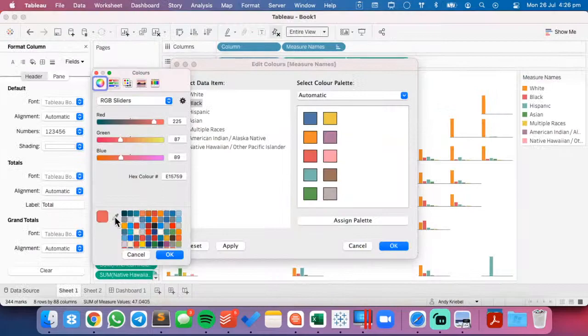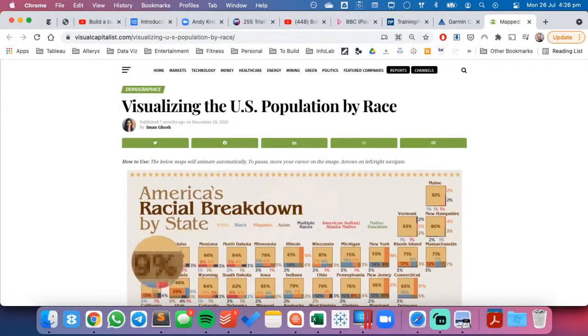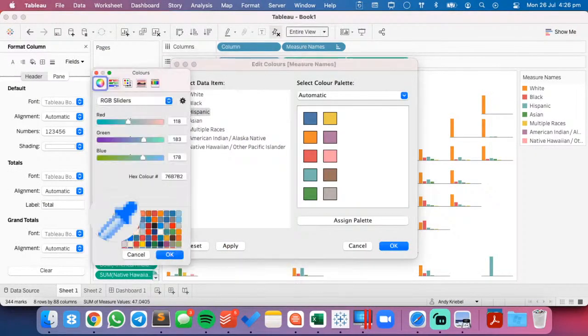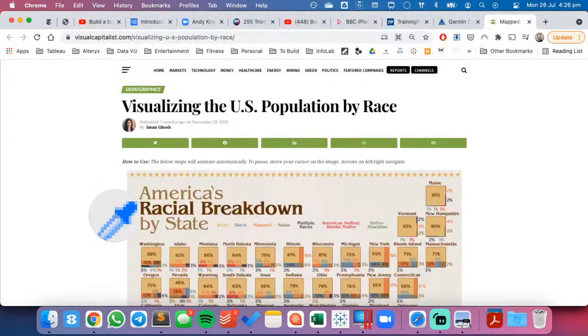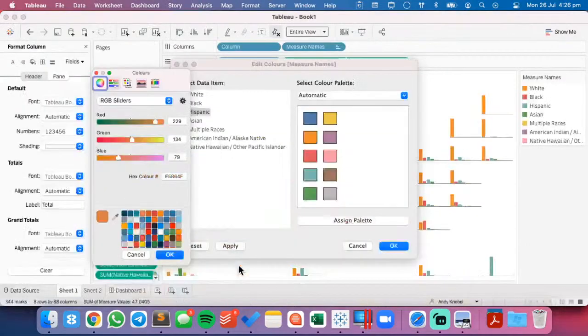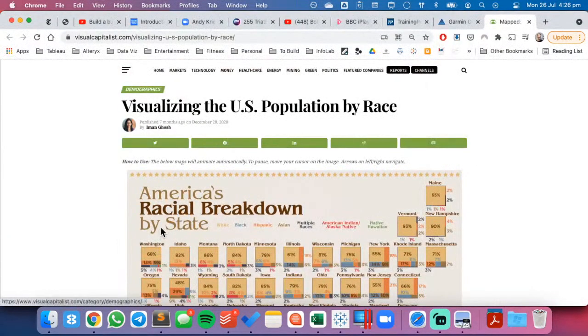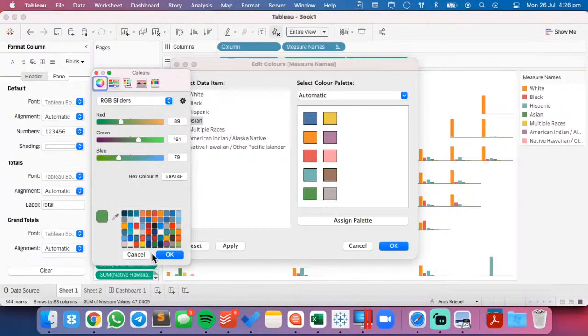So black is going to be the bluish color, light blue, Hispanic is the orange color, Asian is the brownish color,